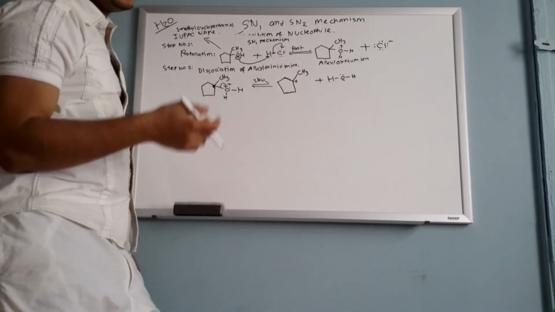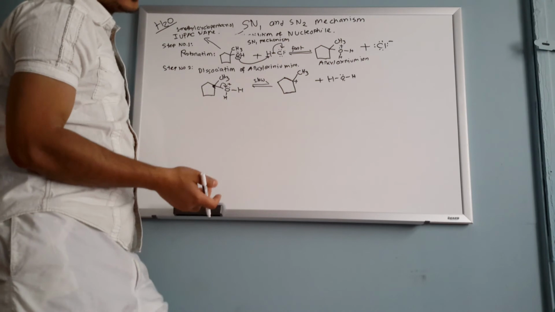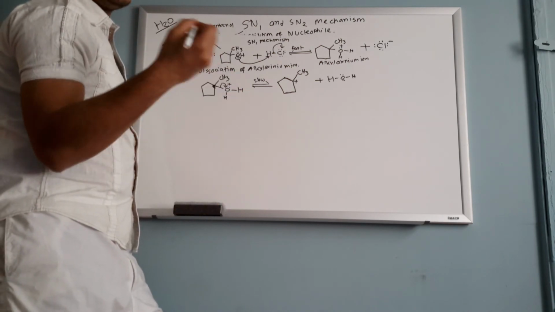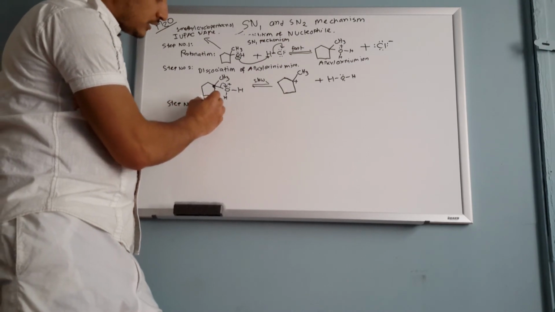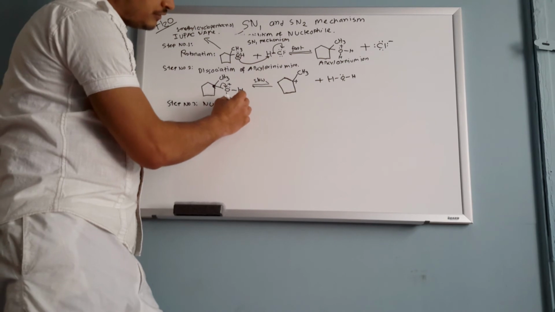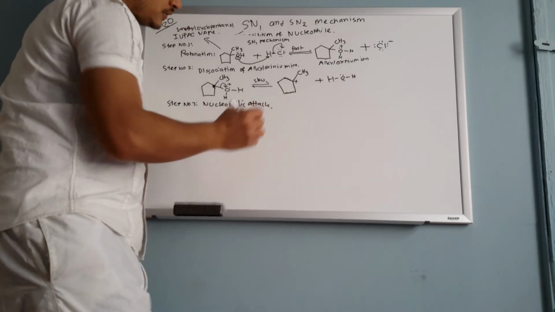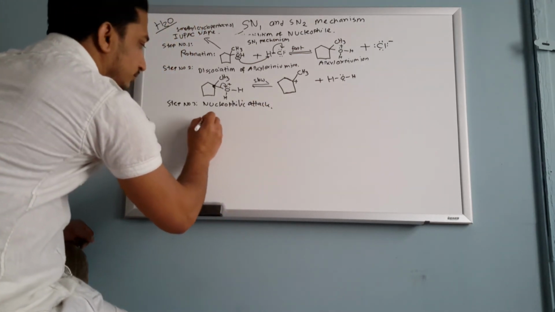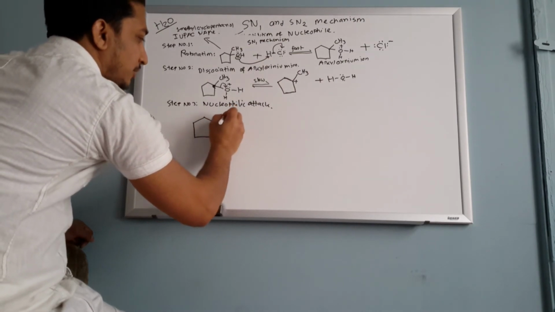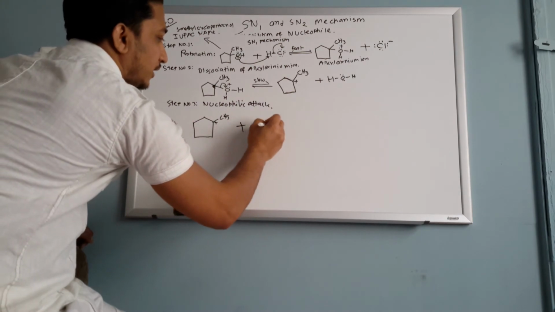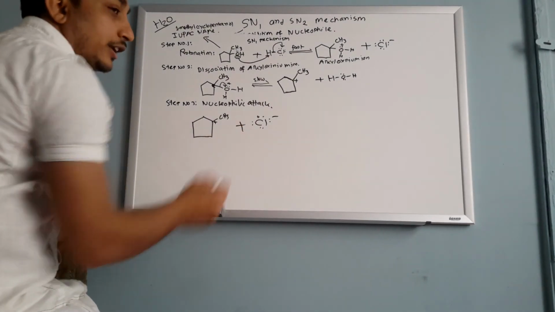This is my nucleophile. So when you have a nucleophile and you have a carbocation, what's going to happen? The nucleophile is going to attack. So your step number 3 is nucleophilic attack. We find our carbocation, positively charged, plus sign. We also find our nucleophile. Then what's going to happen? We have a nucleophile. Always remember,